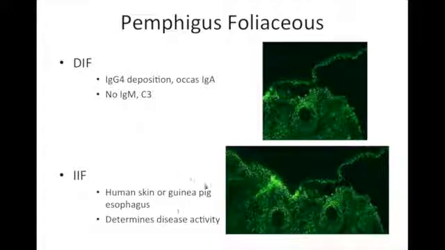The indirect immunofluorescence will allow us to understand better the specificity of where the target is and what's circulating. In human skin and guinea pig esophagus, this helps us distinguish this from, for example, BP or even PMP. Rat bladder is actually the big one for differentiating the pemphigus family from PMP, but again, it's beyond the scope of this lecture. Indirect immunofluorescence is also associated with the activity of the disease and how drug therapy is going, and that's the same for pemphigus vulgaris as well as